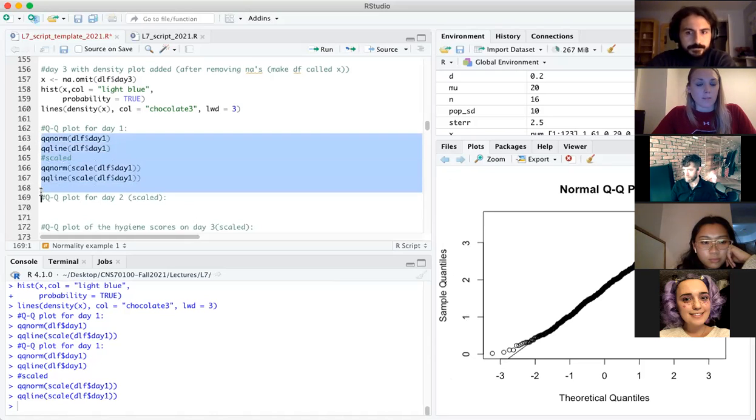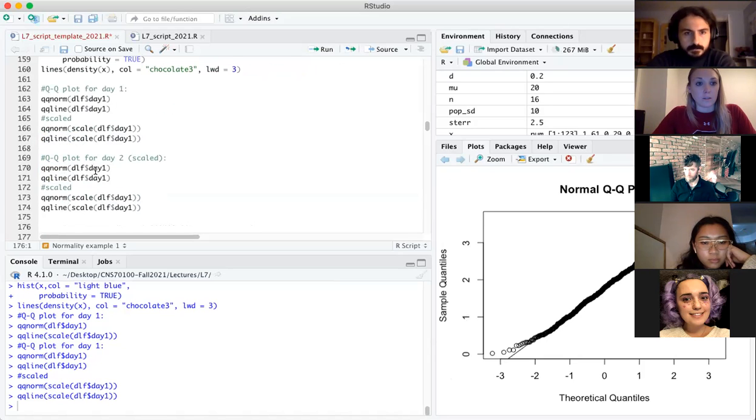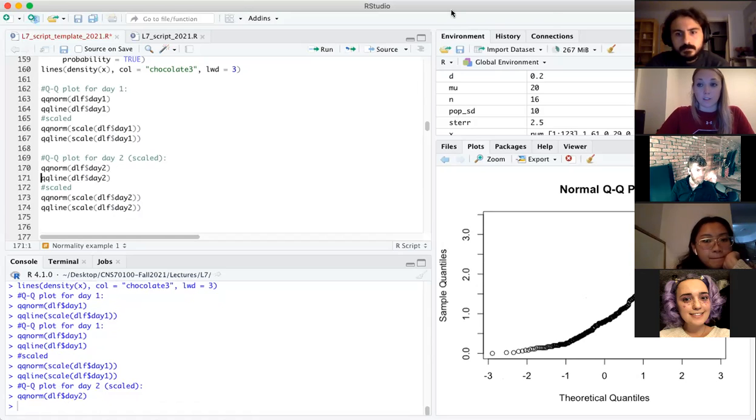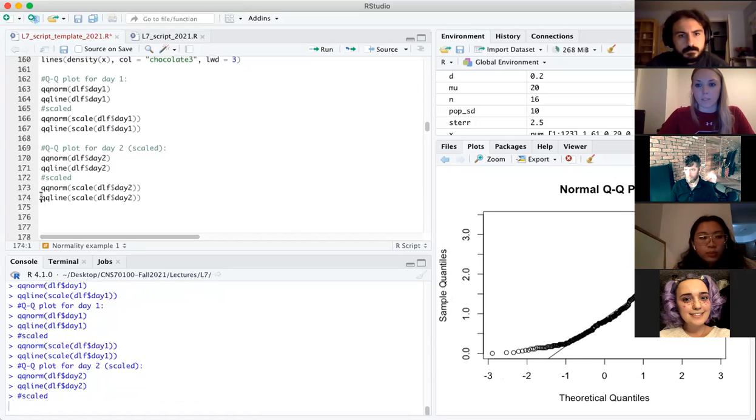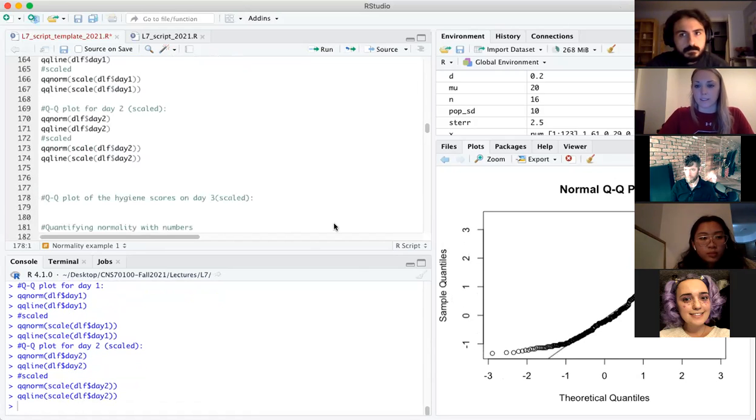So I'm going to copy and paste these down for day 2. Make sure you just change these to 2. Again, this is the way that we're graphically looking at normality. Now do you see how this one is all kinds of crazy, how it's shifted up a bit? It's actually not that bad, but you can see where the line is here, and this is not following that line so well. This is probably a time where scaling it is a little bit better,